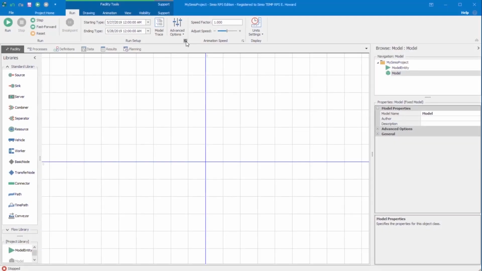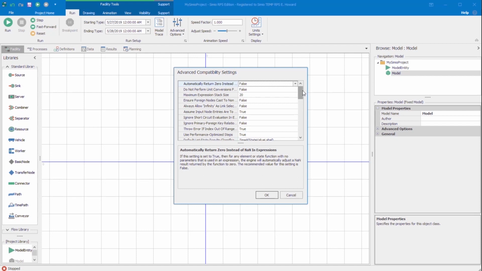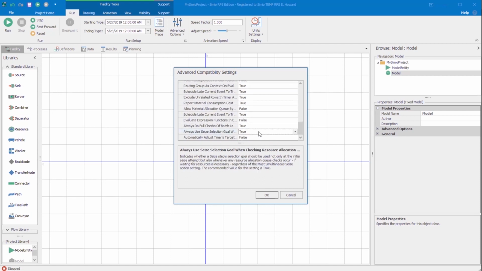Seize selection goal enhancement. In Run Setup, Advanced Compatibility Settings, an "Always use Seize Selection Goal when checking Resource Allocation Queue" compatibility setting has been added. This setting indicates whether a seize step selection goal should be used not only at the initial seize attempt, but also whenever any resource allocation queue check occurs, if waiting for resources is necessary, regardless of the must simultaneous seize